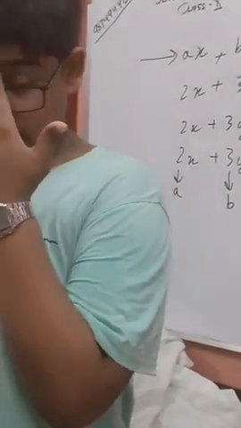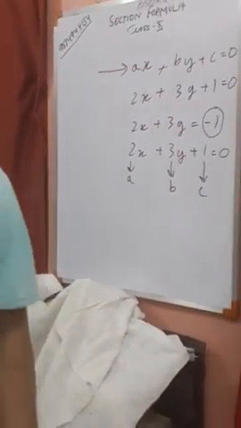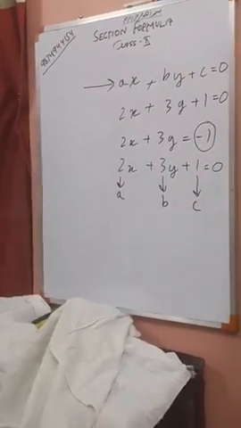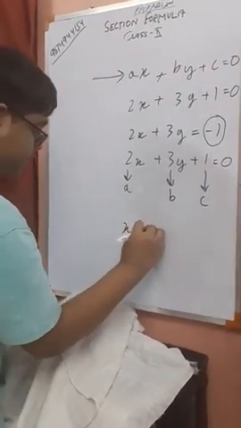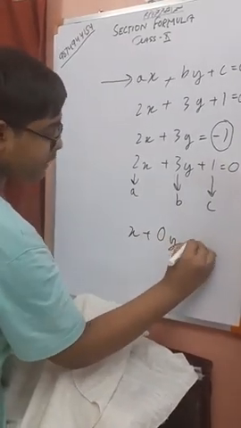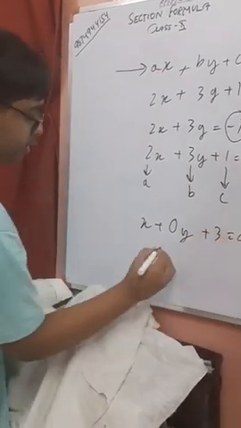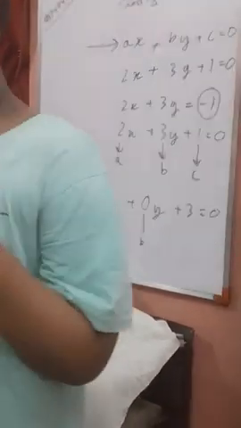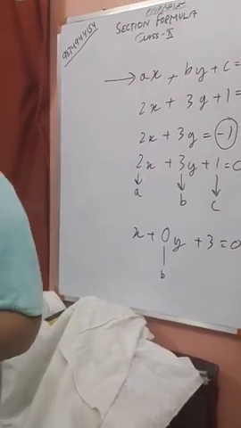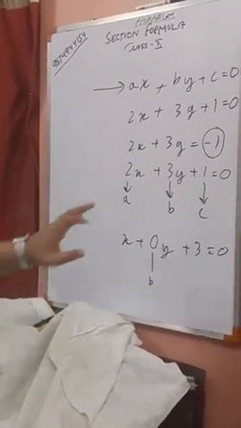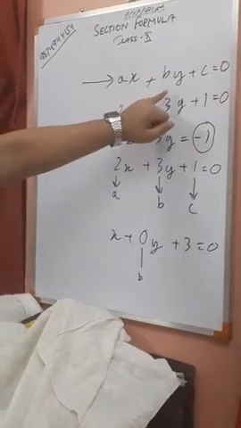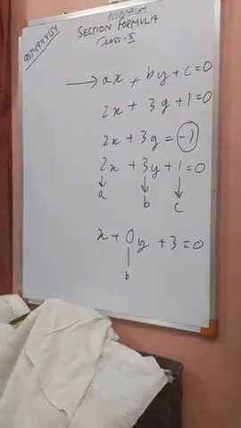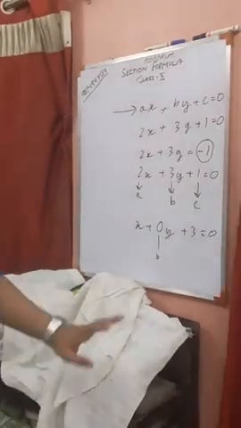There might also be that if there is no y or x variable in a linear equation, then we can write it as x plus 0y plus 3 is equal to 0. Now 0 will be b, and since 0y will be ultimately 0, we don't write it. But if we need to express it in that format of ax plus by plus c is equal to 0, we have to write it in the form of 0 to find the value of a, b and c. Now is it clear till now?